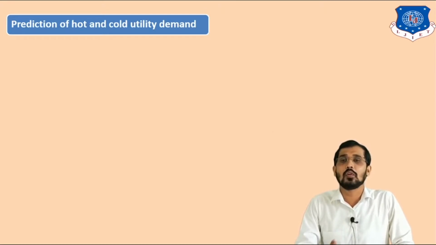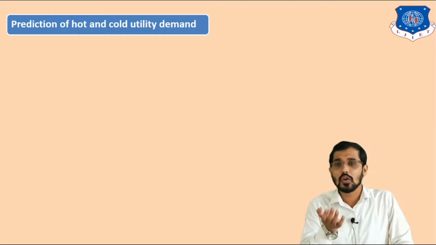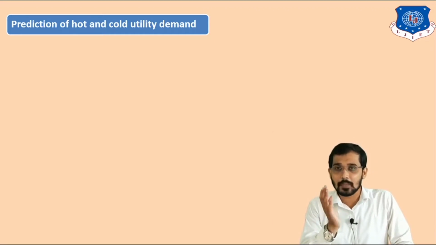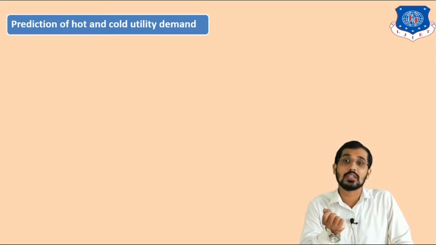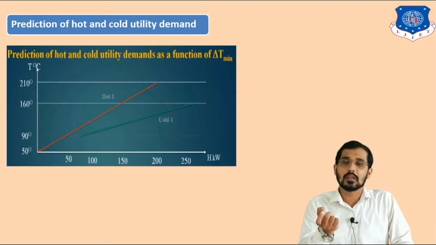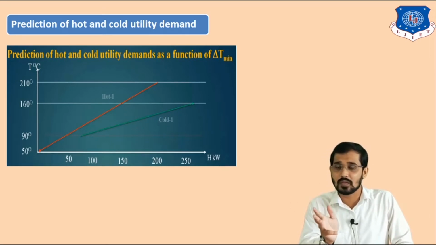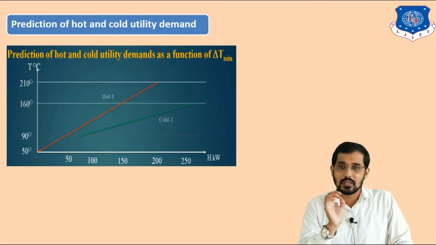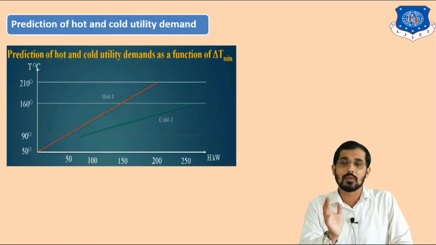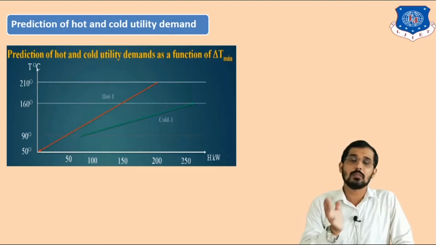For that you should have knowledge of the TH diagram. I told you in the last lecture what the TH diagram means. The TH diagram is a diagram in which on the y-axis we show temperature values and on the x-axis we show enthalpy values. You can see this is the TH diagram, and this is the data which we have seen in the previous slide. Already we have seen that the temperature values are 210, 160, 90 and 50. After that, the corresponding H, you can see here, 50, 100, 150, 200, 250. These data can be calculated manually by using MCP delta T. So H is nothing but MCP delta T.